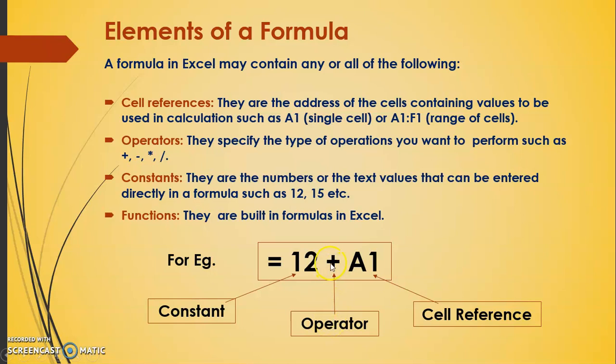Okay, मतलब plus से हम क्या समझते हैं, addition. And A1, what does this A1 mean? Any number or any entry which is present in A1. Now it can be any number like 4, 5, anything can be there, that will simply be added to 12 and you will get the result in your Excel cell. Hope you understood what this element of a formula is.